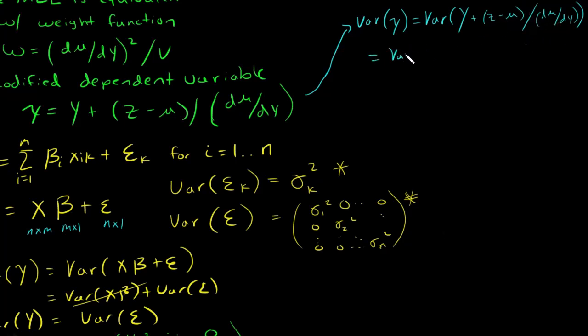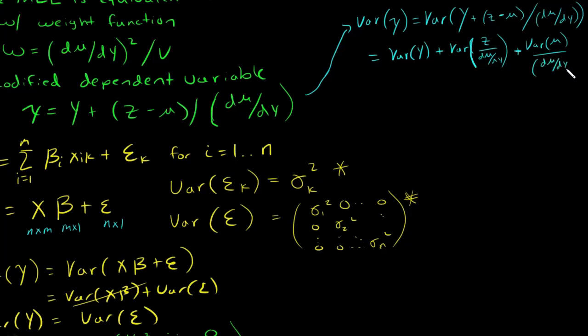So this is equal to the variance of y plus the variance of z divided by d mu dy, minus, or no, plus, because when you take the variance of a negative, that basically gets squared, so it becomes positive as well. So variance of mu